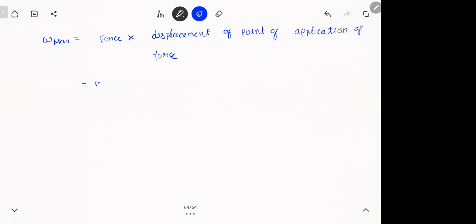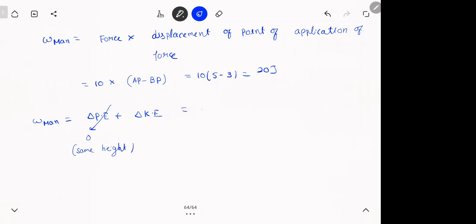So which in this case is 10 meters. And this is how much? AP minus BP. So that's 10 into 5 minus 3. That's 20 joules. And we know work done by the man is change in potential energy plus kinetic energy. Work done by external force basically. Potential energy is 0 because it is the same height. Block is not going up or down.